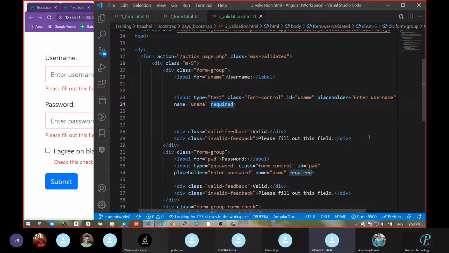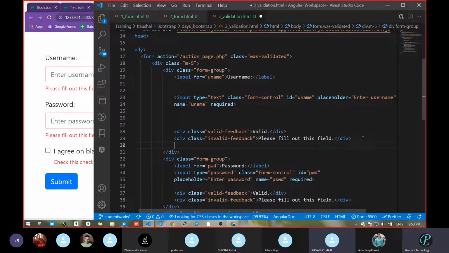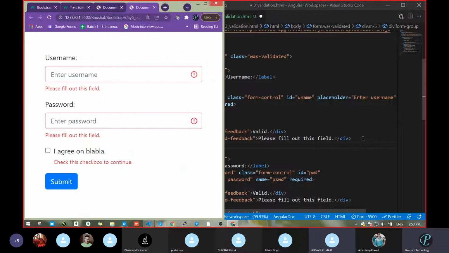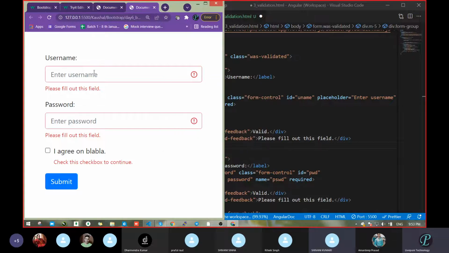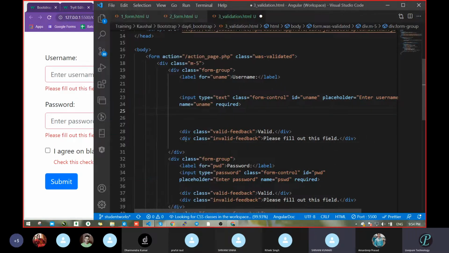Next, now you are showing two different pop-up messages. See, now you have the warning message, that is, please fill out this field. Now pass any data. When we pass data, what was the message previously? Please fill out the field. Now see, one message is this one. When this message shows, what is the class name? Invalid feedback. So when there is invalid feedback, that time it will show this message.